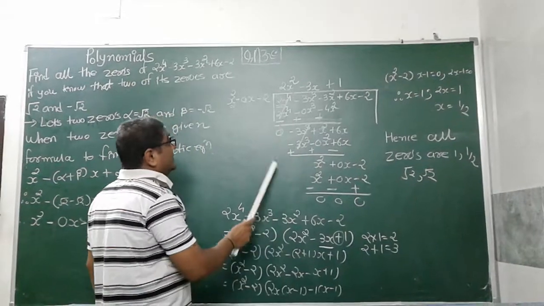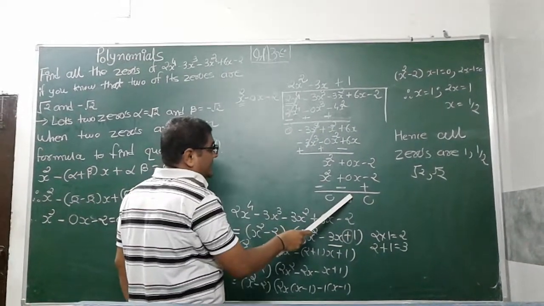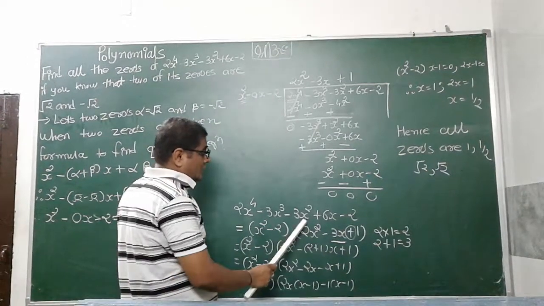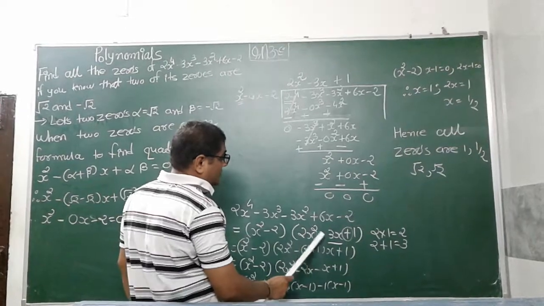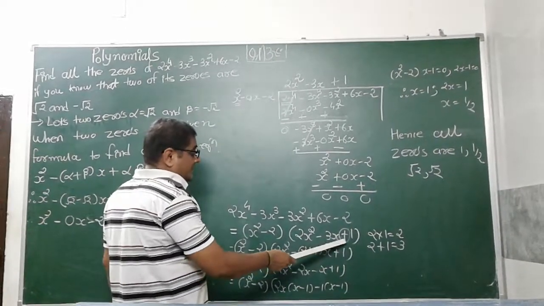According to the division algorithm, dividend equals divisor into quotient plus remainder. But the remainder is 0, so we neglect it. That is x square minus 2 into 2x square minus 3x plus 1. Now 2x square minus 3x plus 1 is